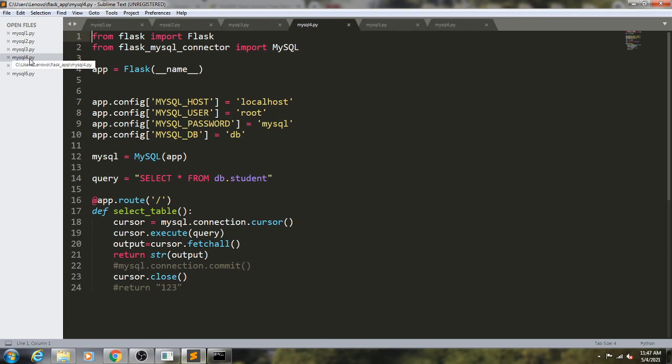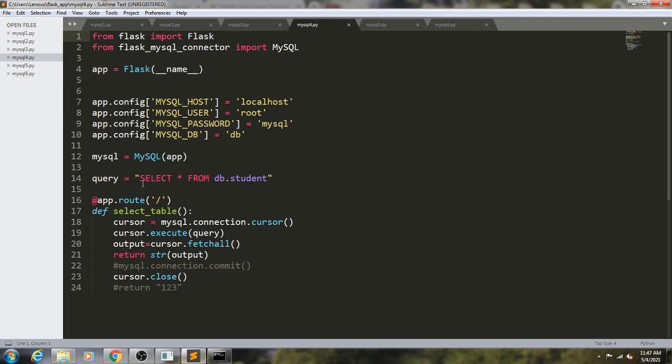Next one, how we can display the records on the screen. So we have created the table, we have inserted the records in the table. Now we will see how we can display them on the screen. As I told you, you can display the records with the help of tables. We can use Bootstrap, we can use CSS, and by using different methods we can display the data. But here we are going to display the data only on the browser. Unformatted data means only the records we are going to display here.